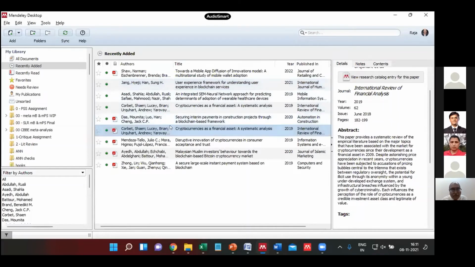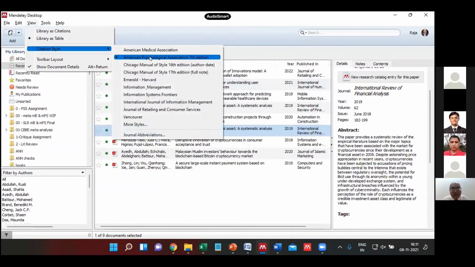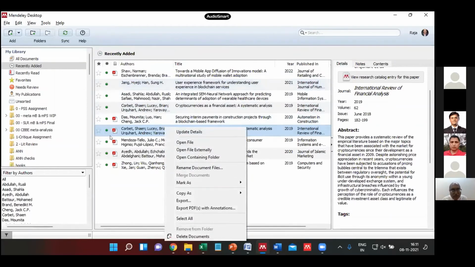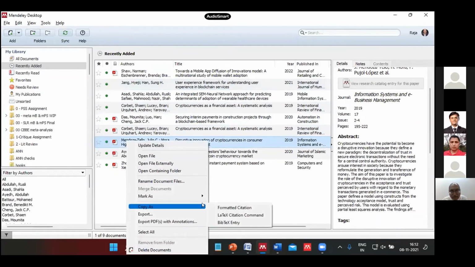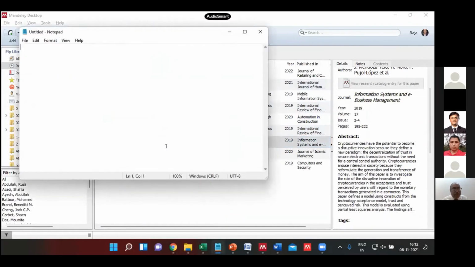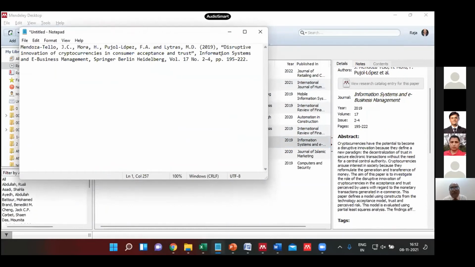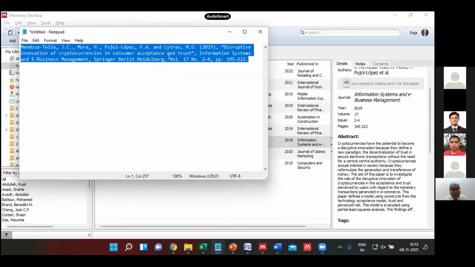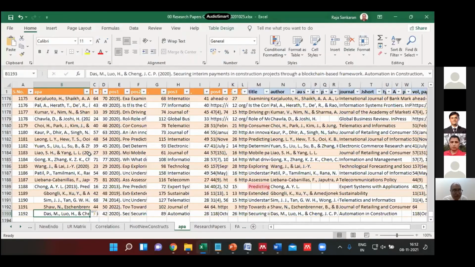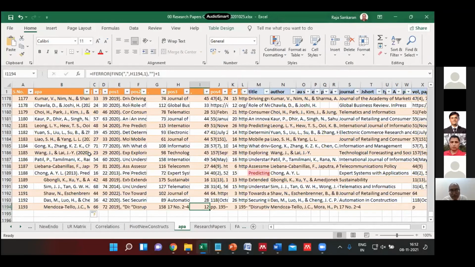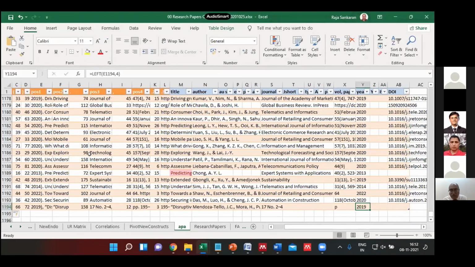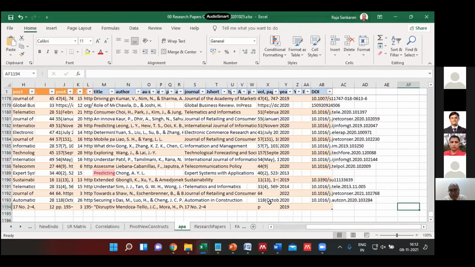Yeah, it's black. Okay, so what I was showing is that in this citation style, it should be APA. If, for example, I choose a wrong one, say I choose this one, and now I choose another record and do copy as formatted citation, you look into this, it is totally different, with these double quotes, with volume number and all. Now if I use this in my Excel file, it might not work. You see this, it has 195 point something and all. Again, the volume number shows something like SP.